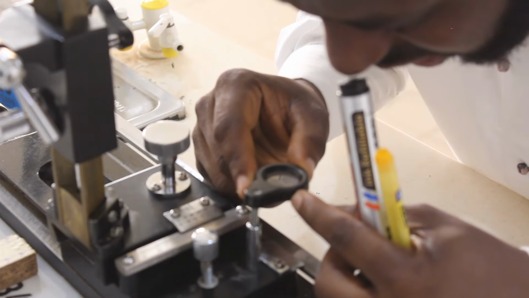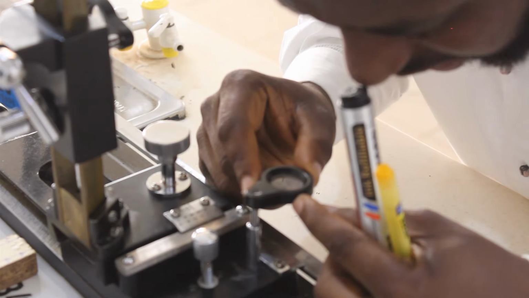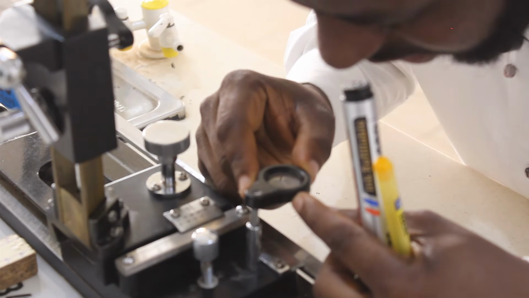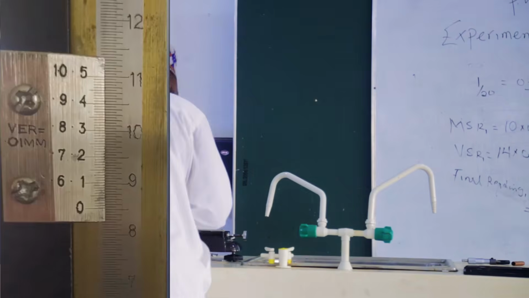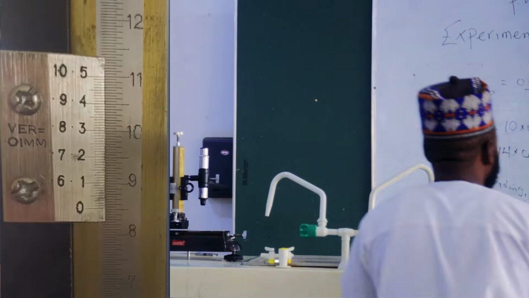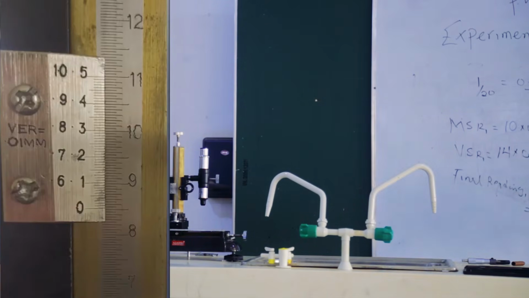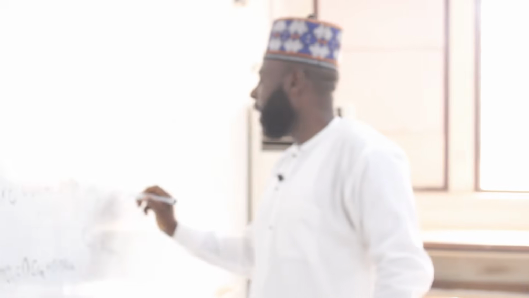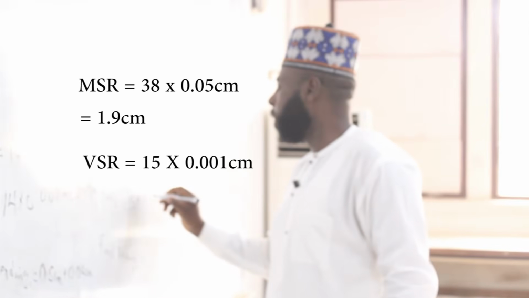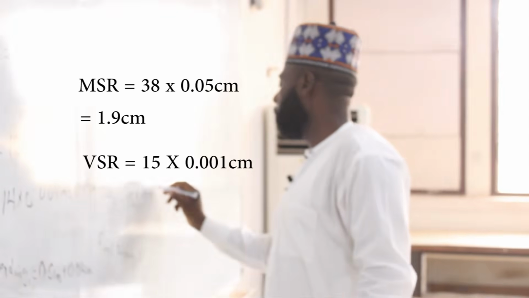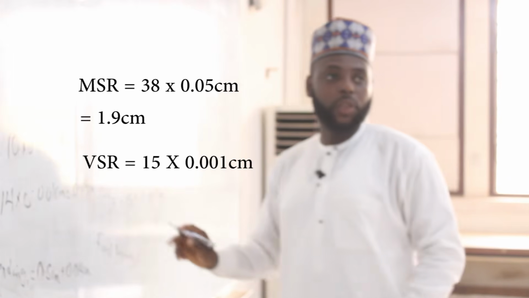So we can see that the 15 line best coincides with the main scale reading. So we are going to multiply the position number, which is 15, by the least count, which is 0.001 centimeter,